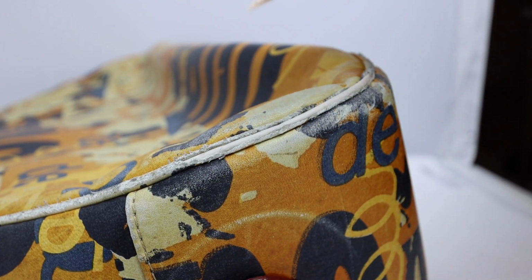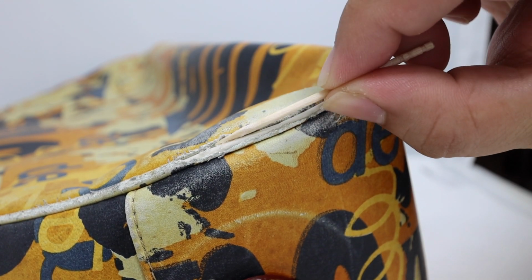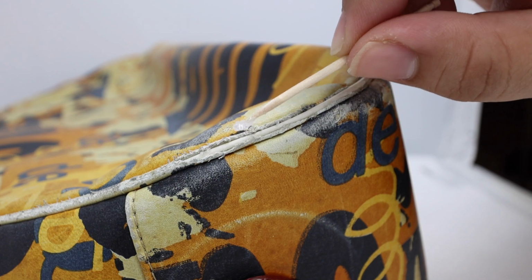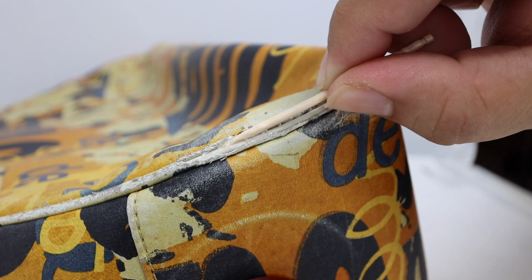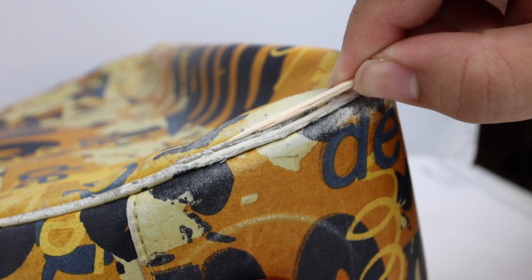And then I might even try to get some more of the glue into these little portions right here of the leather that are still intact. So I'm going to try and get as much glue inside of there as I can. And then we're going to get another toothpick. And I'm just going to try...